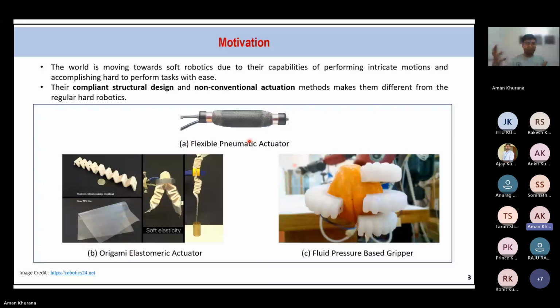So you have the different fingers that can be used for holding or gripping an object. This all can be developed with the help of this soft active material. So that is a great motivation for the society and the scientific community that nowadays we should start exploring this soft active material. The major thing is that, for example, in space applications, all of you have seen